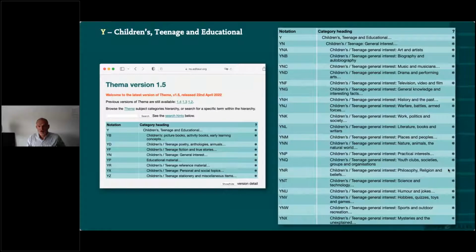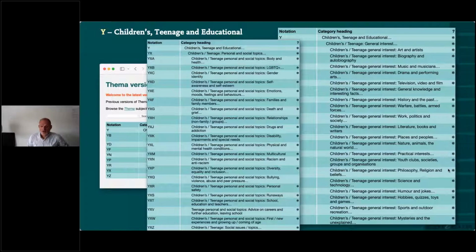The non-fiction section is quite comprehensive and covers broad areas. Some of these have subheadings. You can see that when there are three dots, there are subheadings under these. And we also have the YX section, which again covers non-fiction topics. But when you look at this list, a lot of these topics, when the material is aimed at younger readers, is often covered in fiction. So it's very common to use YX codes with YBCS, which is the picture story books, or with the YF codes, the fiction codes, because a lot of these topics are covered via fiction.